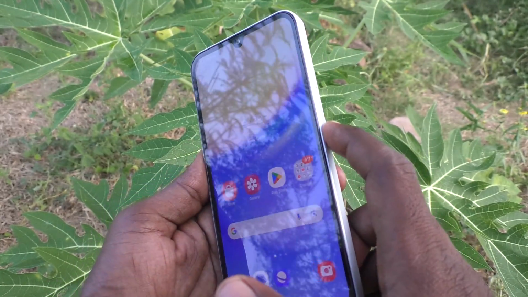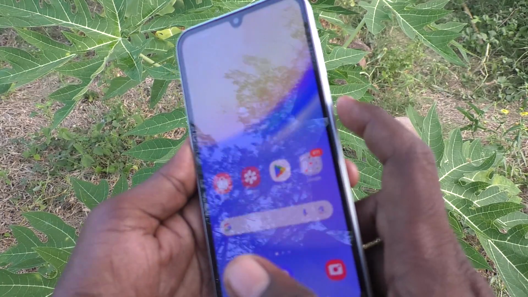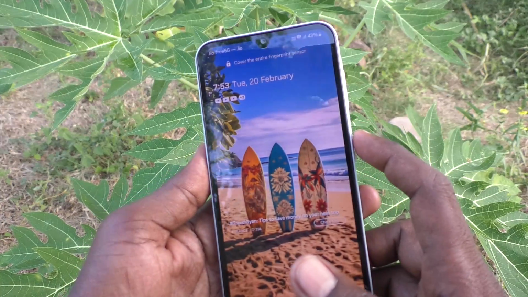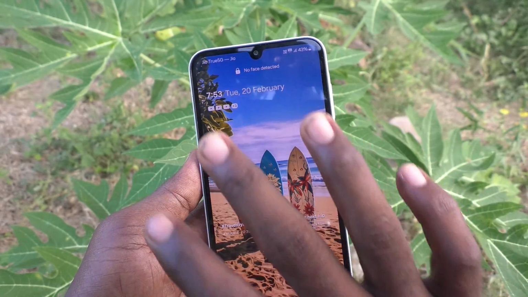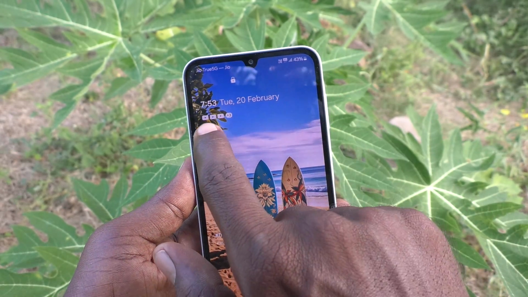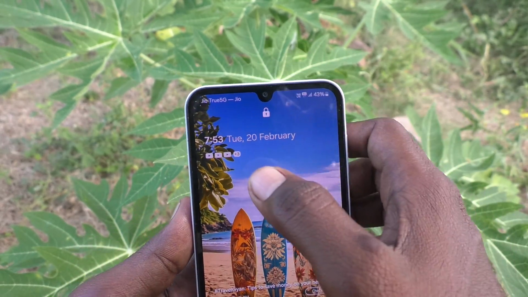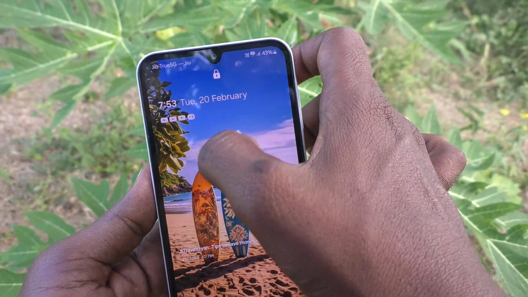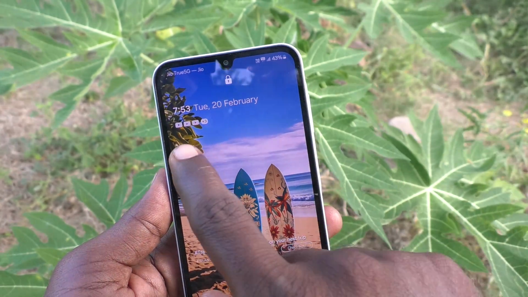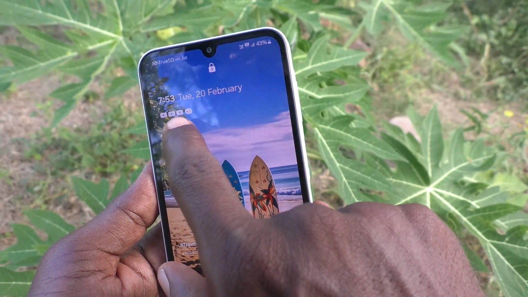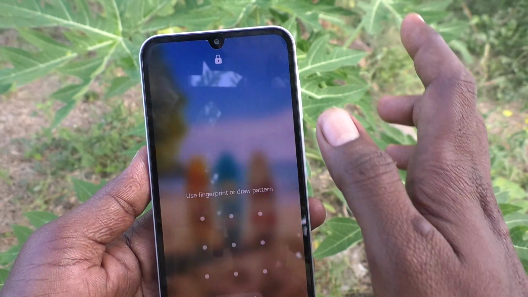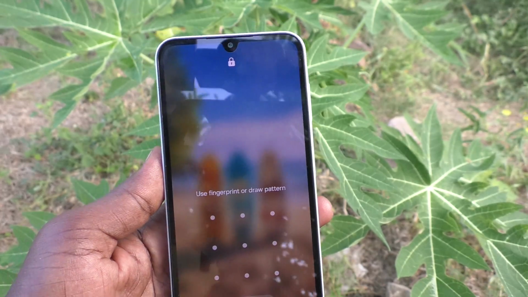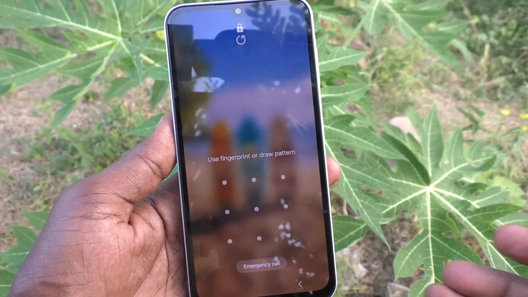I lock my phone and I again press the side key. Now the phone is locked, but notifications are showing. Some notifications are showing. So I can understand that 3 YouTube notifications and one other notification are available in my phone without entering into my phone. So if you would like to hide this notification